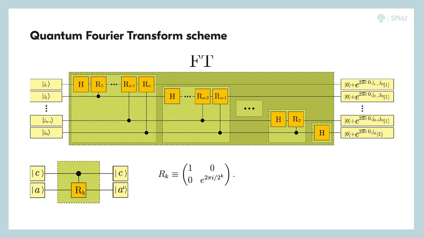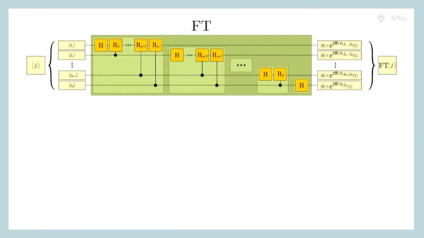Let's consider this procedure step by step. And now we want to consider the scheme that implements the quantum Fourier transform. And in the input, we have n qubit string from J1 to Jn. And if we consider the qubit, for example, J1, then after the Hadamard transform of the qubit J1, the system will be in the state